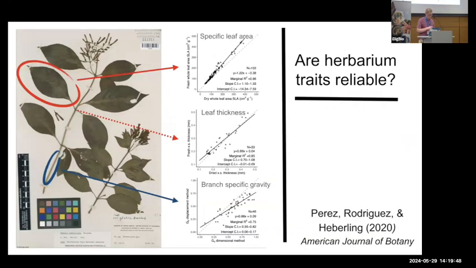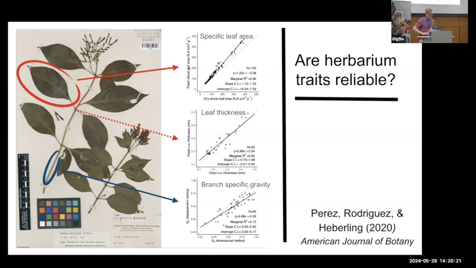And so a couple of years ago, at the time graduate student at University of Miami, Tim Pires, asked this very question, basically making new collections and measuring traits from the same plants using fresh material, and then also from the dried material prepared like an herbarium specimen. Looking at, on the top, specific leaf area, the ratio of area to mass. So that top figure there showing